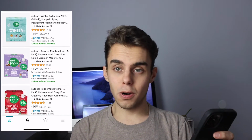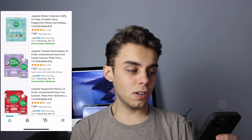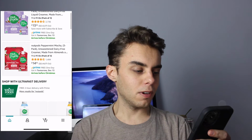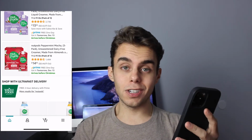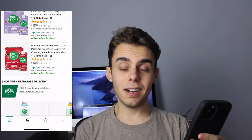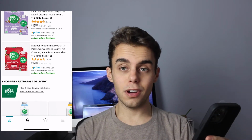So there's toasted marshmallow. There's the winter collection, although I've heard mixed reviews on the pumpkin spice flavor, so I might skip that one. There's peppermint mocha, which is one of my favorites, but toasted marshmallow is kind of a universally loved flavor. And it's a very subtle taste at first, but something that Nut Pods specifies on their instructions